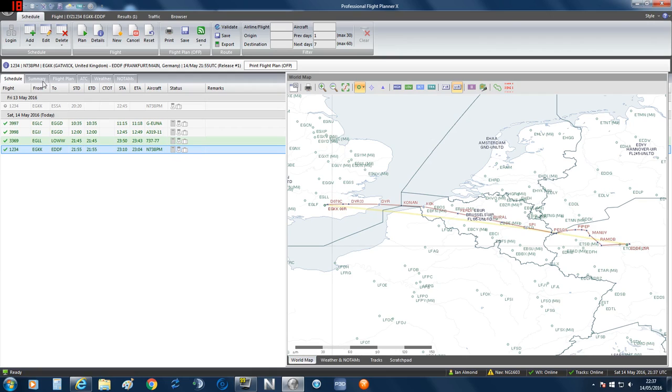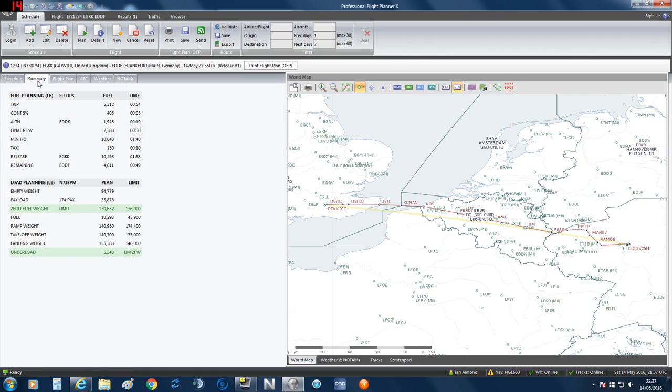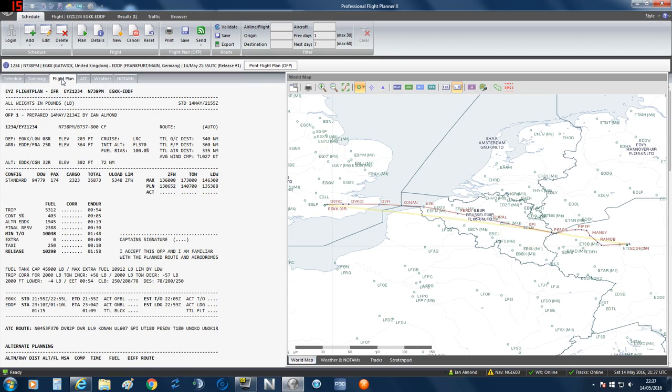Next thing we're going to look at is along the top here. First, obviously, you've got the schedule of flights here. These are just some other flights I've made up. Click on summary. This gives us fuel and time and weight, etc. Don't really use that much. This is the main